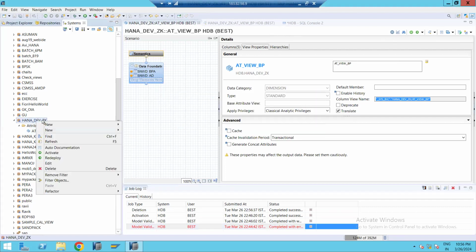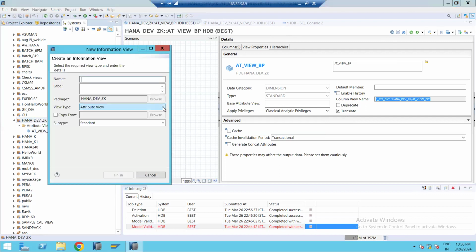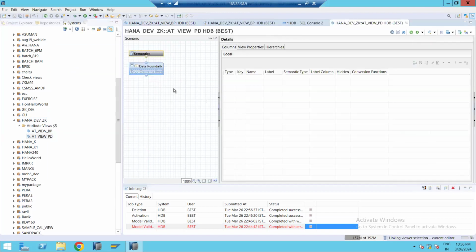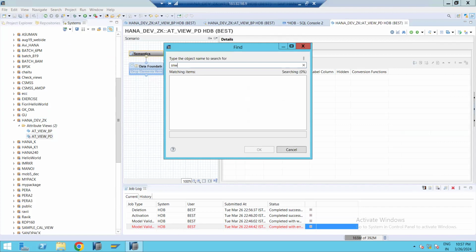Right click, new, attribute view. We have taken that for the invoice view by mistake. We picked that table, but we will take it for the product table, okay? Click on finish. If you want to create the new one and add some tables into this, click here, SNWD underscore PD, product